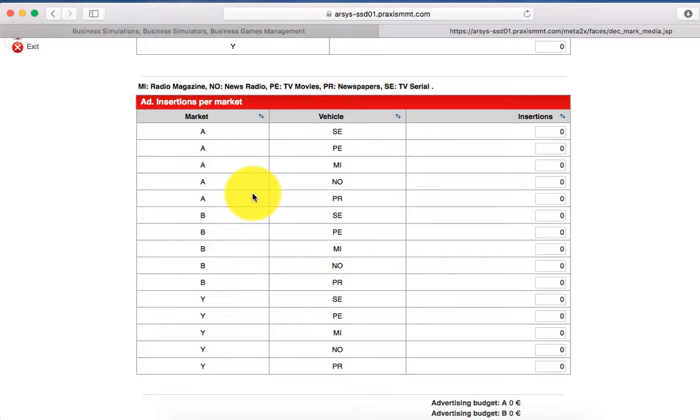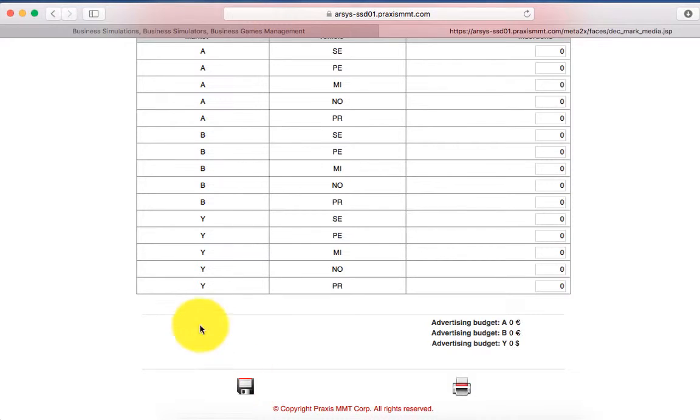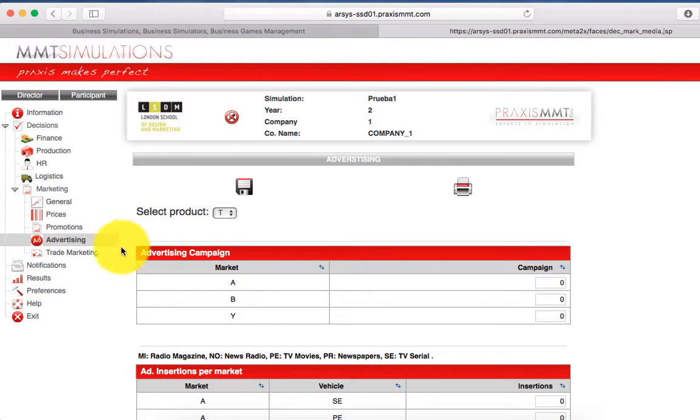I know that some of you might think, but I want to do some digital media. Don't worry about it, because we include this kind of information in all this processing data. So the most important thing here is not the media, it's the number of insertions and the value that you are going to make in terms of marketing effort to address your target market. Once again, don't forget to save the data all the time.